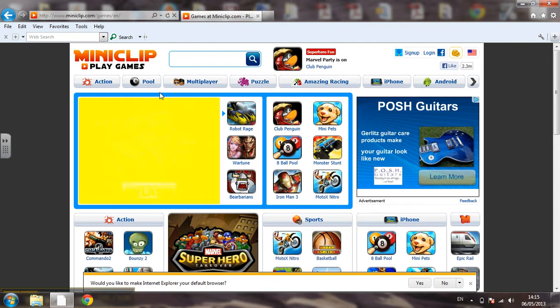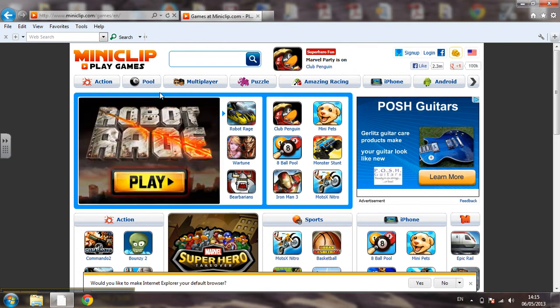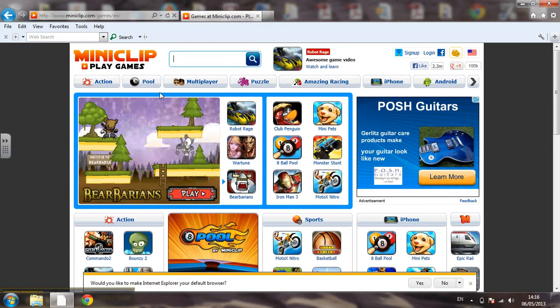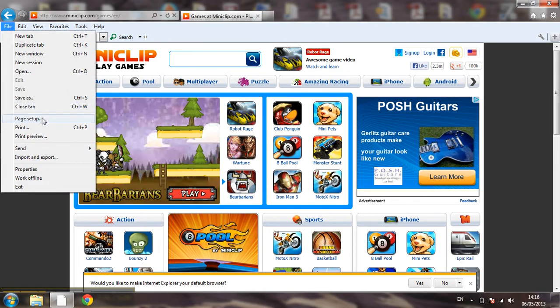The next step that we need to do is to prepare the page to print it. Printing a web page contains several features, such as orientation, size, margins, and also which part to be printed. Let's begin by setting the orientation of the page. To do this, click on File from the menu bar. Press on Page Setup,